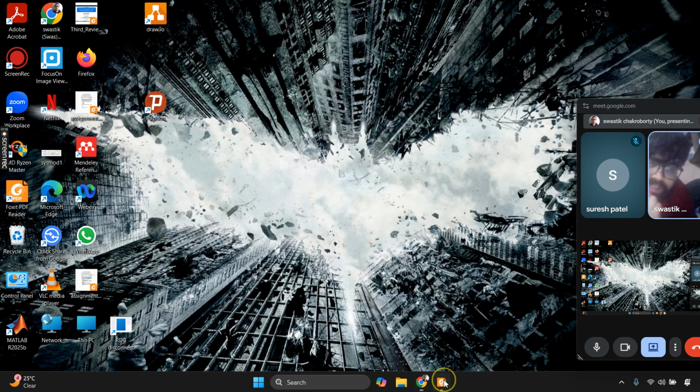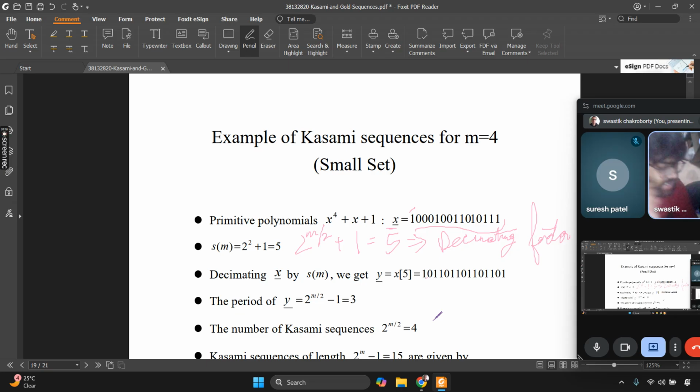Okay, we have to do cyclic decimation. So we have to decimate by 5, and if we decimate by 5, of course we cannot generate the same length because,